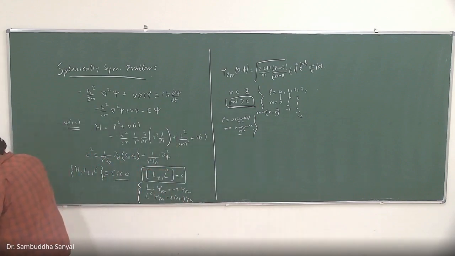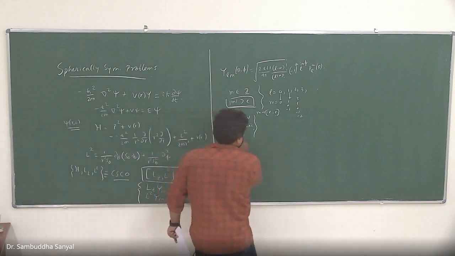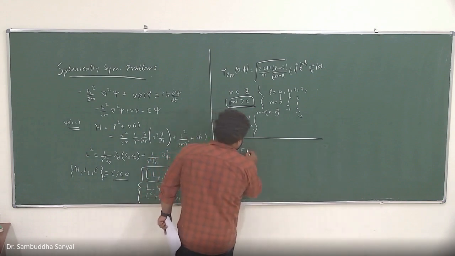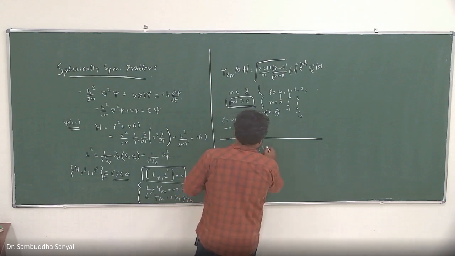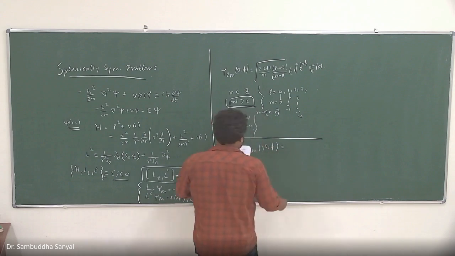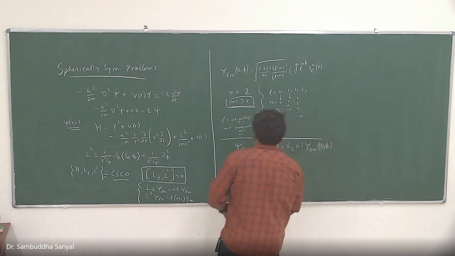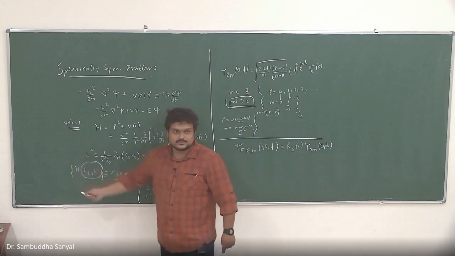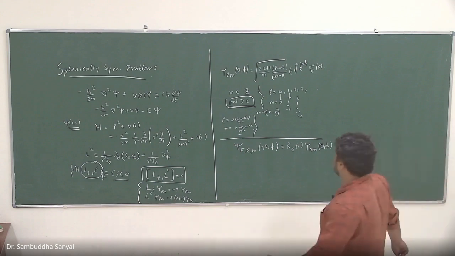So now I will talk about the radial part, which I talked about a little bit last time. The full solution must have a radial part and this, whatever is there. This is not the full solution, this is only the solution in this subspace. Now I want the full solution, which is a common eigenstate of all these three operators. So this is what I'll try to do.